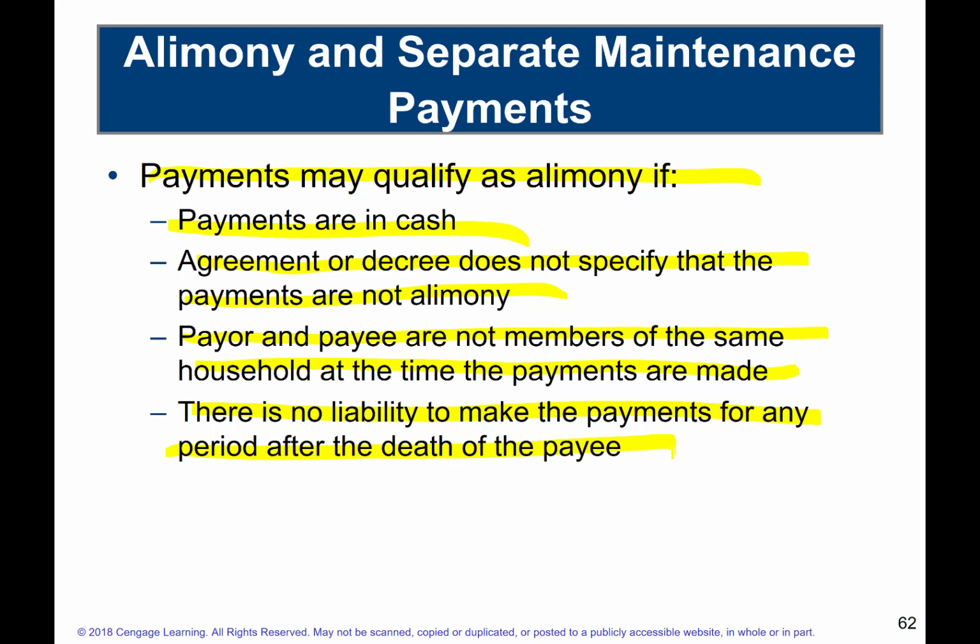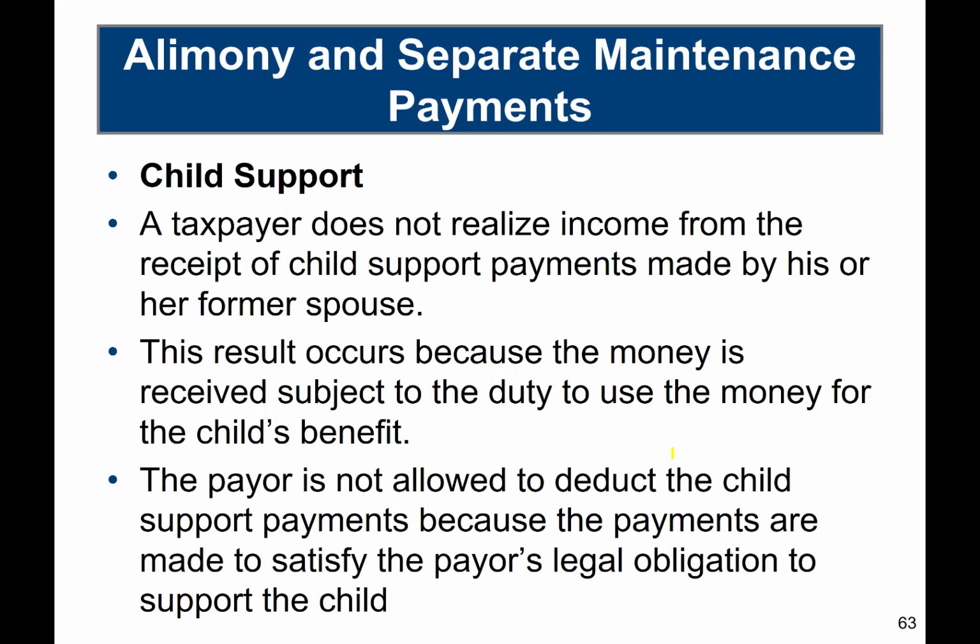Okay, if you're going to continue to pay after the death, then they're going to start to consider it a distribution of some sort of wealth to the payee, obviously, and so they're not going to consider it alimony. Alimony is so a person can live at the level that they were living during the marriage, right? So we're clear, it's usually the person with the higher income that ends up paying the alimony to maintain that lifestyle that they were living prior to the divorce, right?